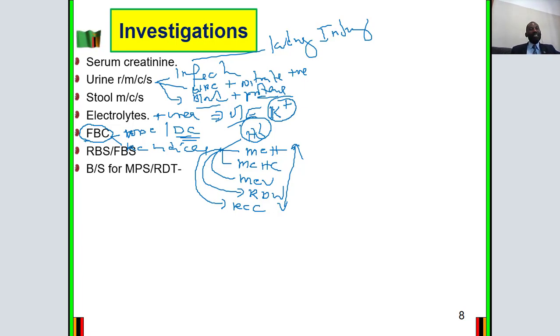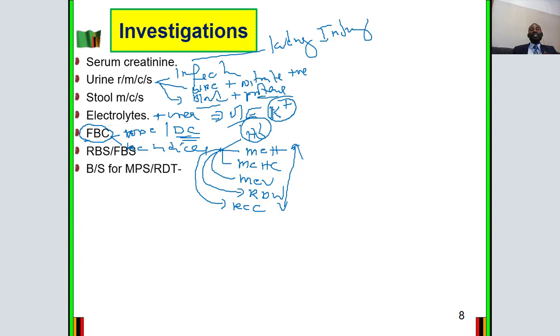Okay? Then it may be renal. Renal simply means now it's inside the kidneys themselves. The kidneys are the ones that are having the problem. Sometimes we even call them intrinsic. This is where malaria can come in. It can damage the kidneys. So that's why I'm also trying to rule out severe malaria as being responsible, so that I can quickly